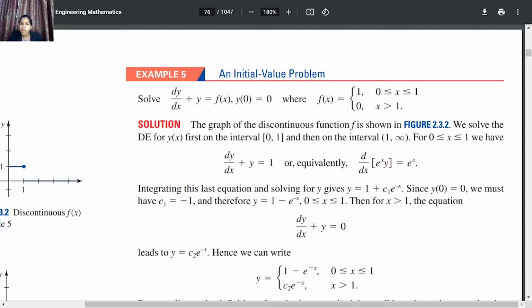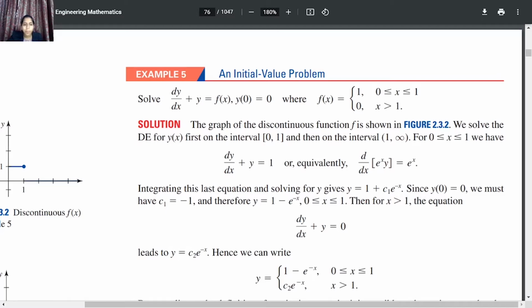Okay, I hope it is clear. Now next, the interval is from 1 to infinity. In that case our differential equation will be dy by dx plus y is equal to 0. So here again, this is a homogeneous differential equation, so the solution is the same